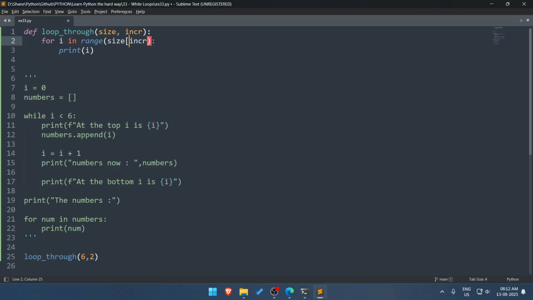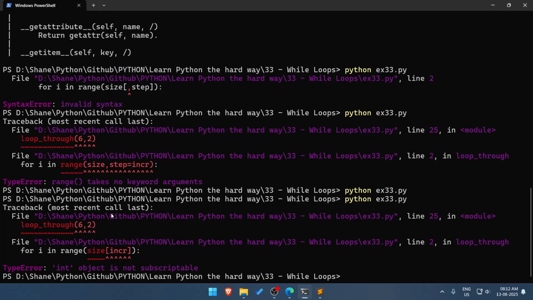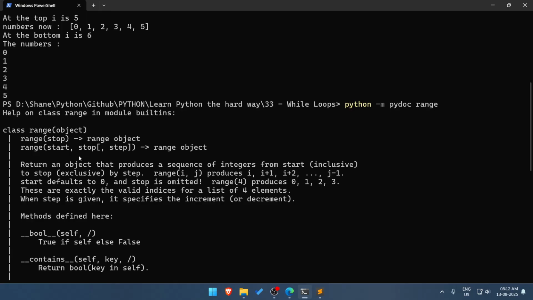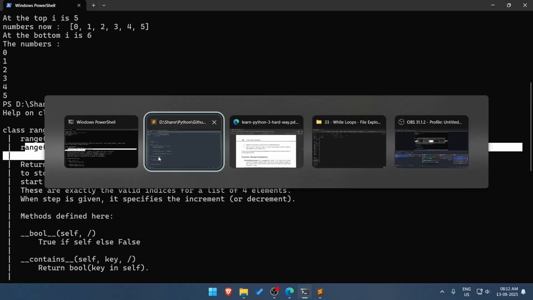Okay, if I go this way, hmm, start, stop, then I think I don't really understand this syntax.